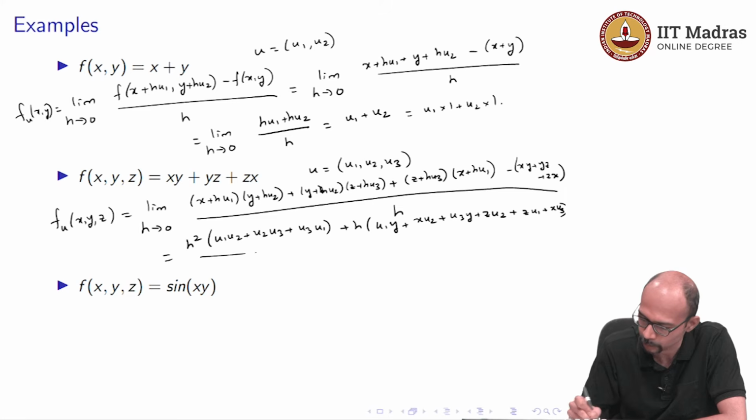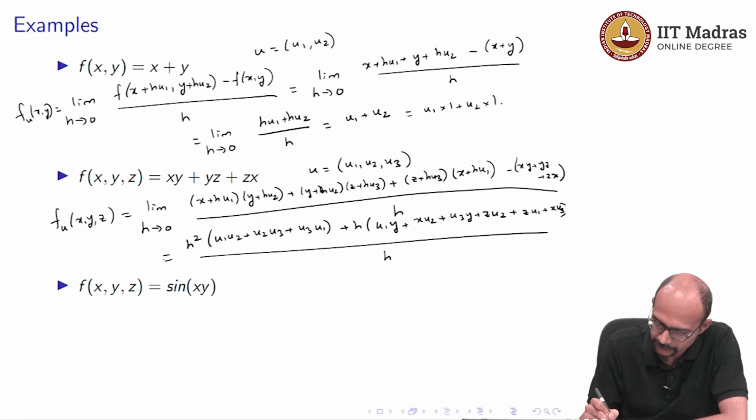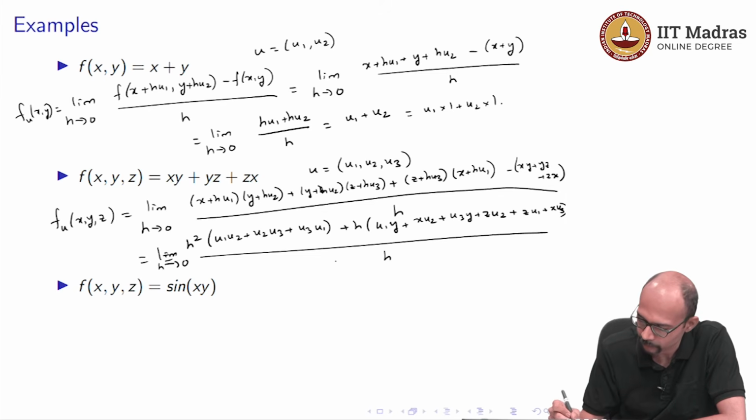Okay, so you can check this is what you get, then divide that by h, take the limit as h tends to 0, and then what we have here is